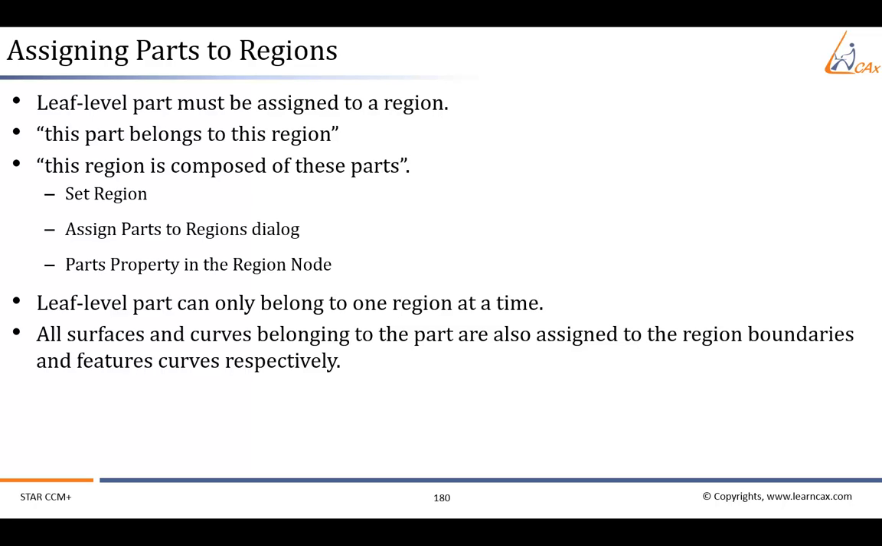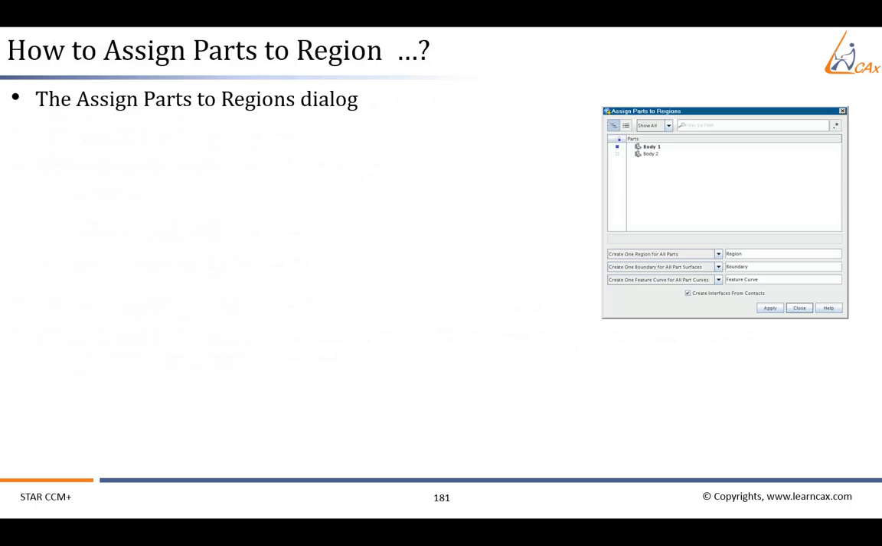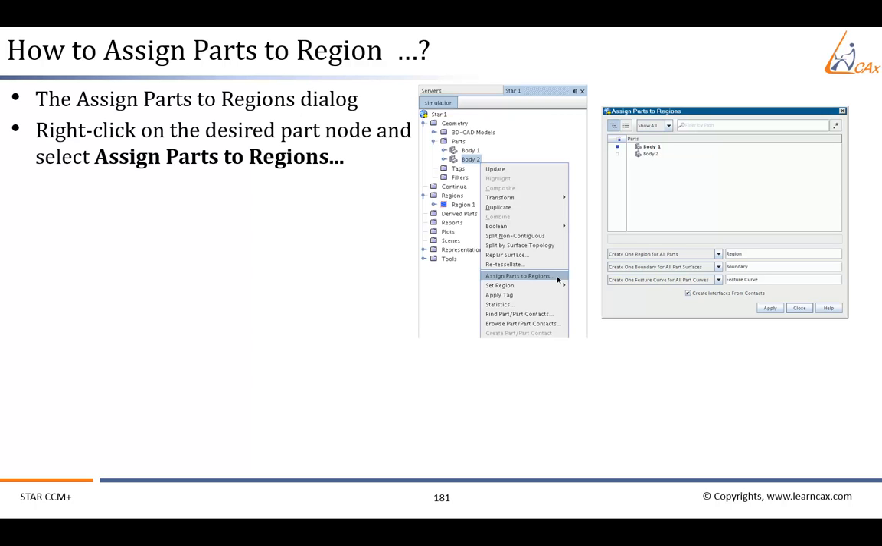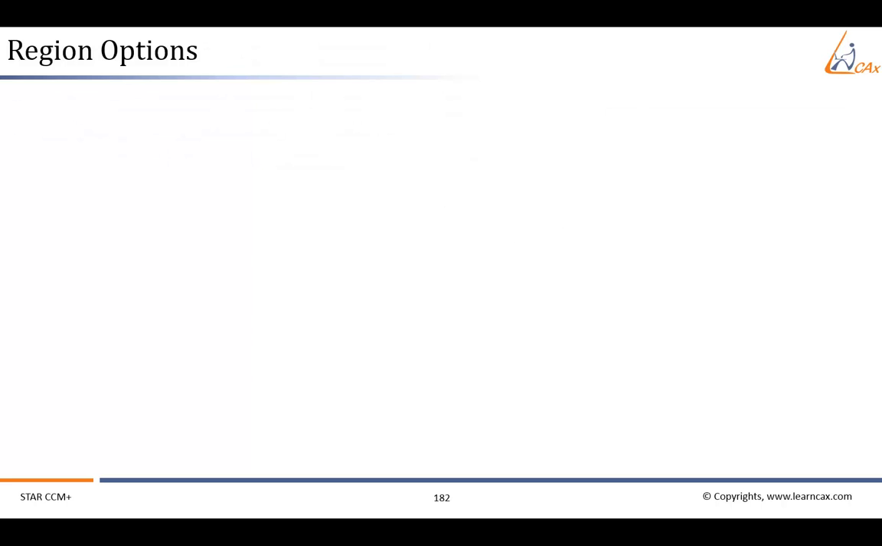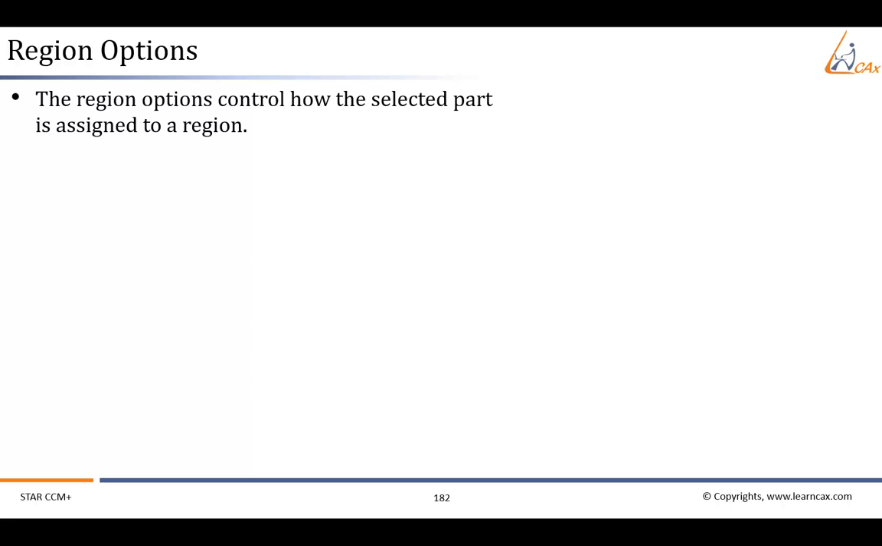The Assign Parts to Regions dialog can be used to assign leaf level parts to regions. To bring up this dialog, right-click on the desired part node and select Assign Parts to Regions. There are some options while assigning parts to regions. Let us see them in detail. The region options control how the selected part is assigned to a region. The available settings in this are: